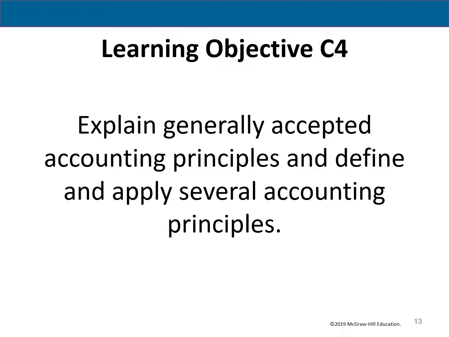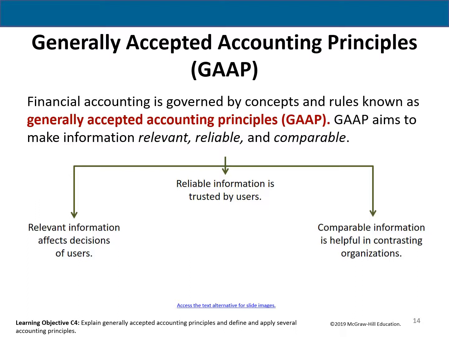Now, what are the rules of accounting? What we're going to look at are the generally accepted accounting principles, and we're going to define and apply them to several accounting principles themselves. So we have this thing called GAAP. It's an acronym. We use tons of acronyms in accounting. CPA, Certified Public Accountant. GAAP,